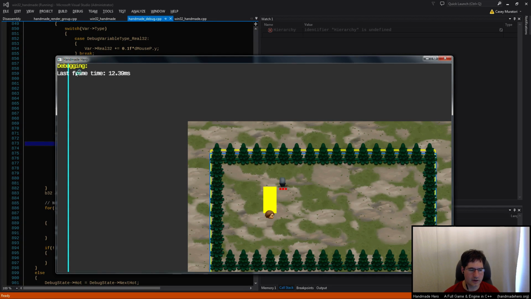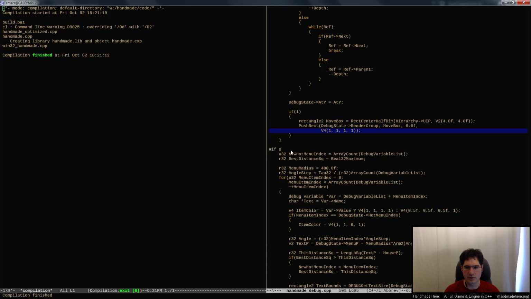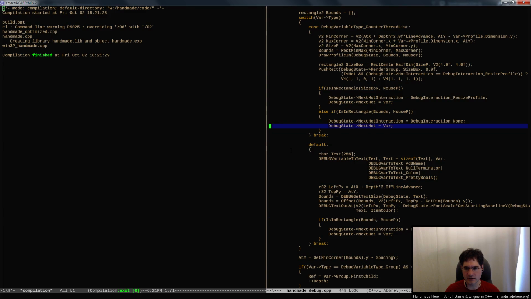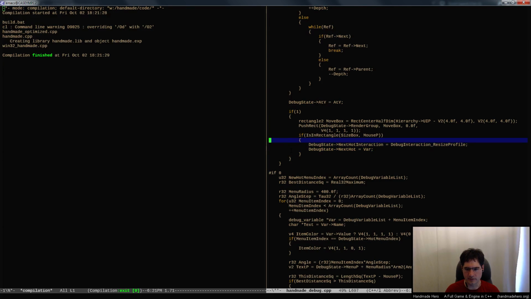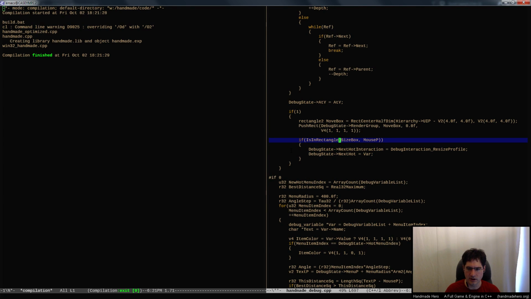And so now what I want to do is, when I drag one of these out, I get a little box there. I guess there's a little box in the corner. And what I might do is move it back a little bit from the UIP, so that it's off a little bit from the UIP. And if we are inside that rectangle, whatever the move box is, excuse me,